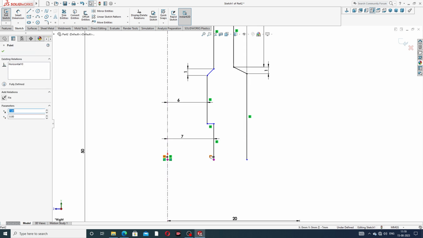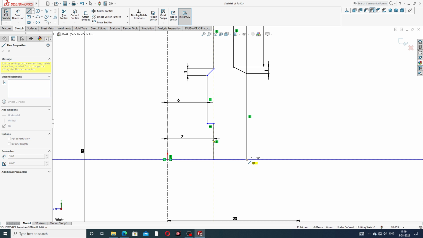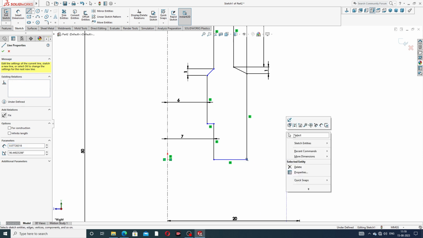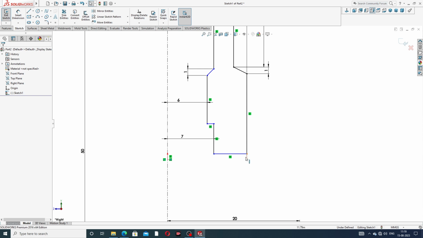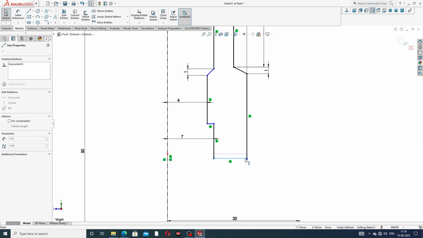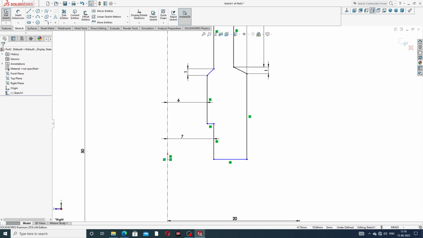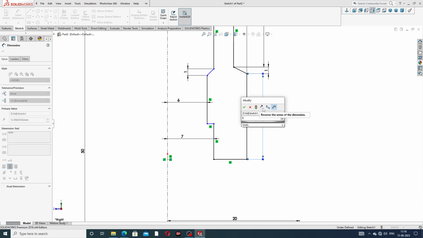Some relation is this, delete here, and a line is drawn this, okay, this line is dragged here because this relation is not, okay, and this is 11 millimeter, perfect,